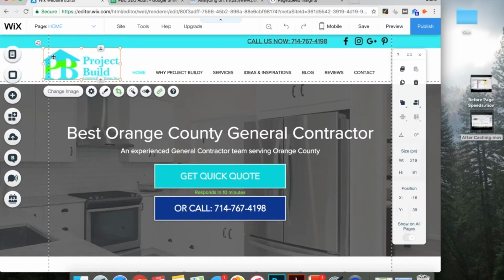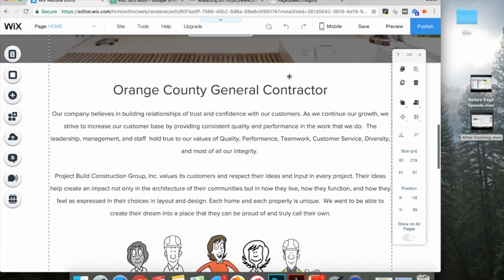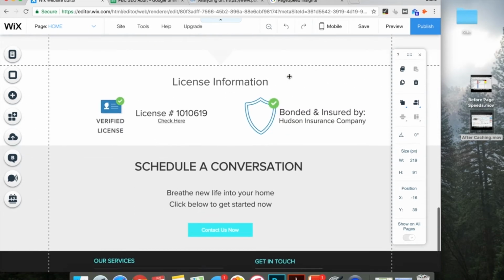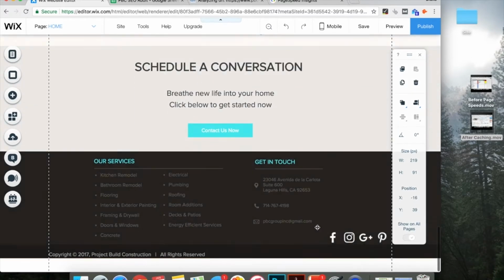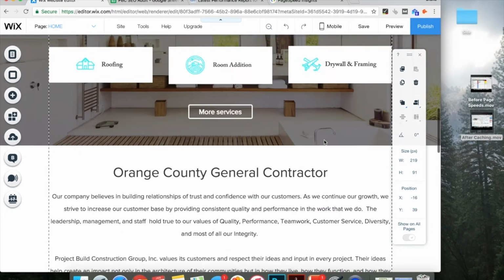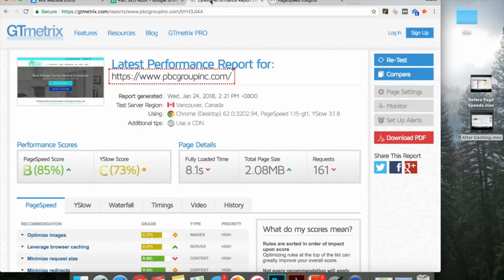So I changed that image, those social icons. These are all that was downloaded on that download, telling me what to fix, and then that image, and then that image. Also the social icons on the bottom. So I changed all of those and they still look perfectly fine, not blurry, but they're reduced file size, so that should increase the page speed. So it looks like we went up 1%